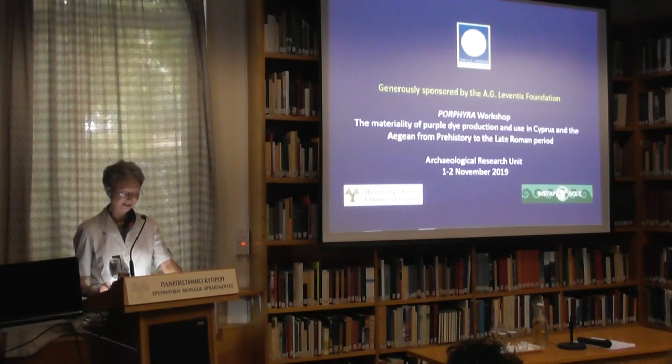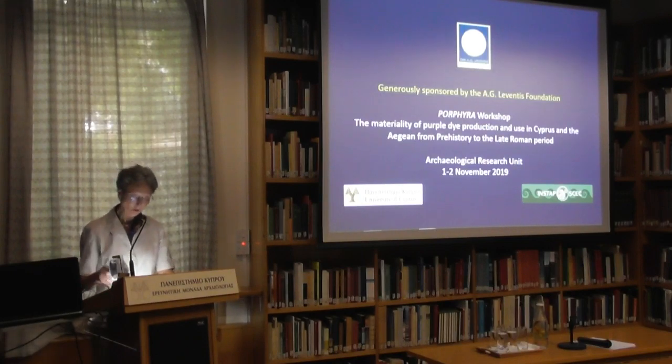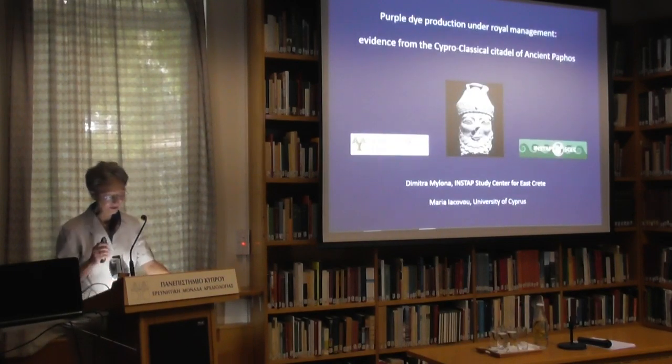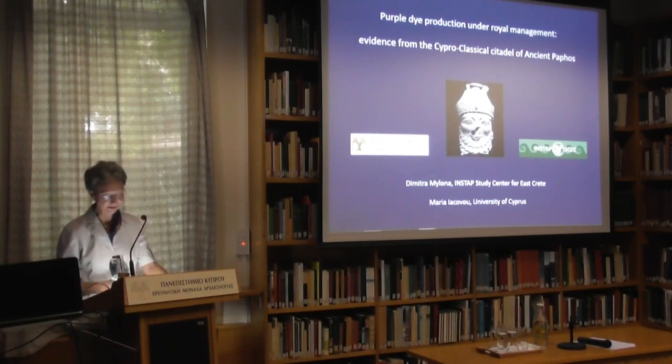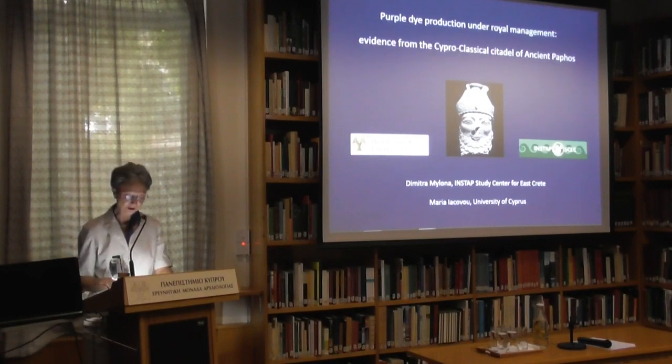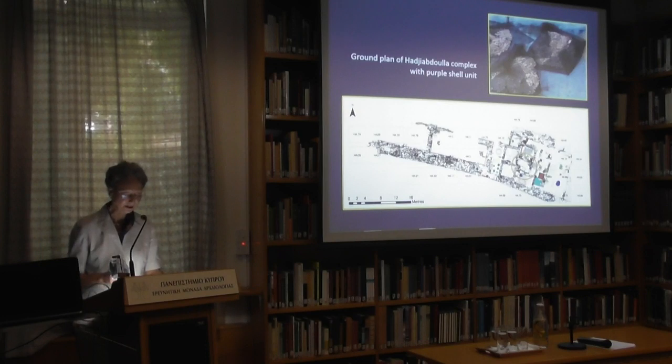As we had stated yesterday at the opening session of our meeting, the PORPHYRA Workshop is not the only, but certainly the most significant scientific consequence of an unexpected discovery. Close to half a ton of purple dye shells were found in a small and most likely basement room of a purpose-built complex. This 65 meters long, well-designed edifice was found on the citadel of the city-state of ancient Paphos,